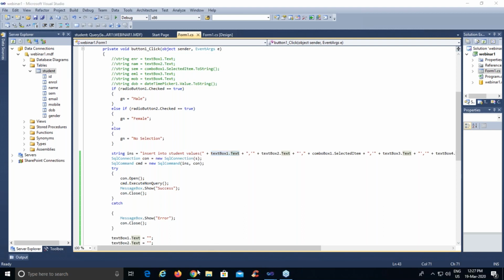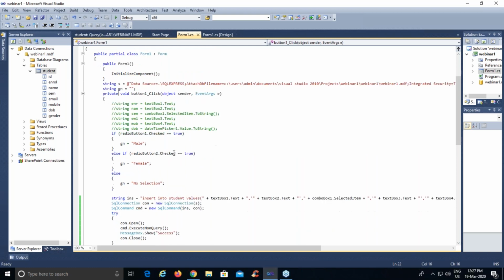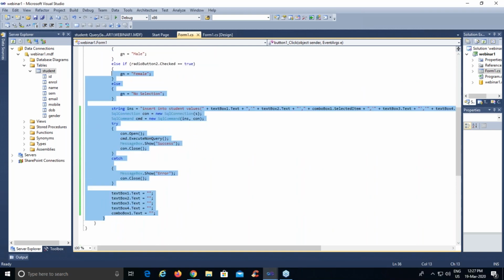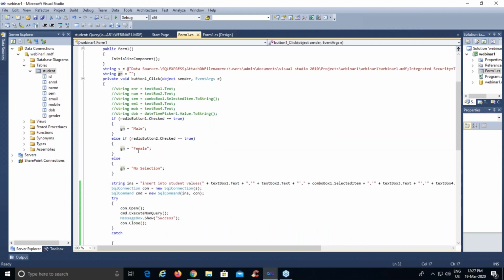Parth, can you just write down the question properly? Why did we take private? Yeah, this event has been generated automatically by your .NET software. So it will be private by default, the scope will be to this particular application only. All these variables by default will be private, whatever you used in this particular scope.